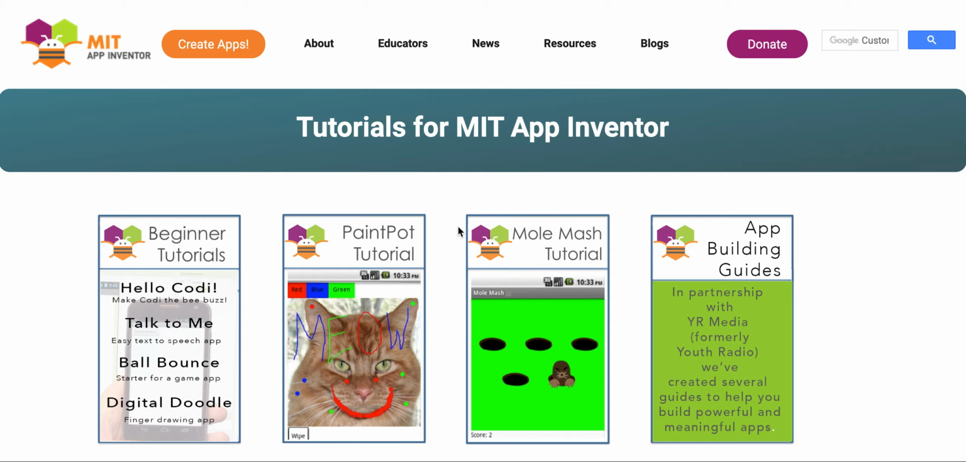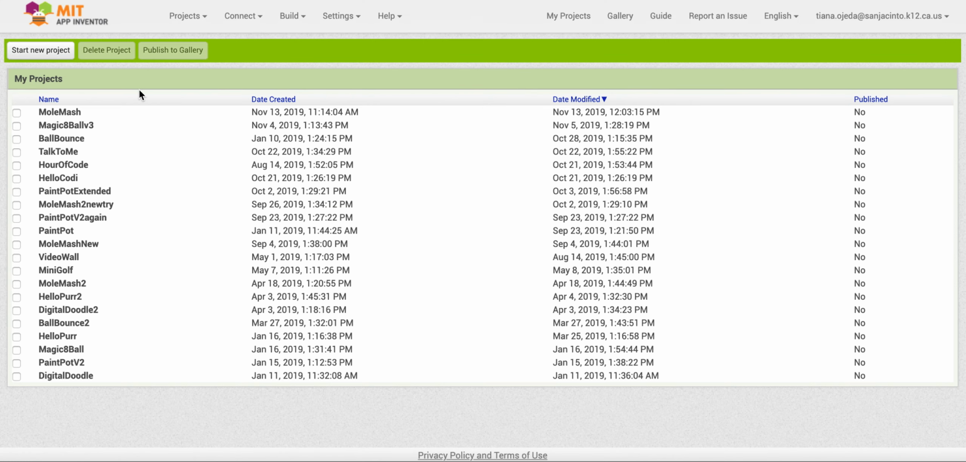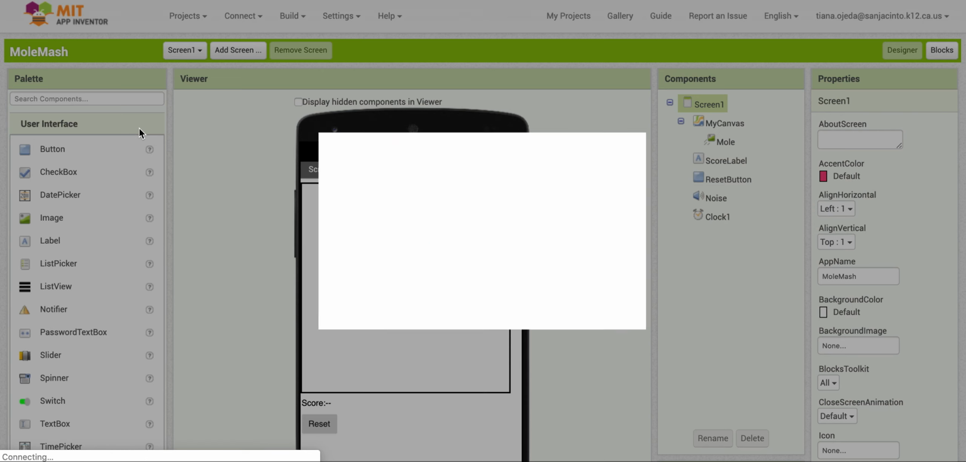All right, so today what we're going to be doing is creating the app called PaintPot. To start, you're going to start on this page, which is the home page for MIT App Inventor. Click on this orange button where it says Create Apps. After you've done that, hopefully,